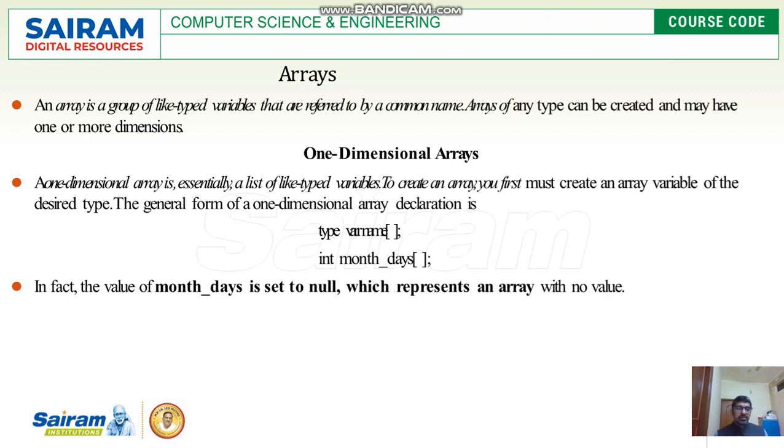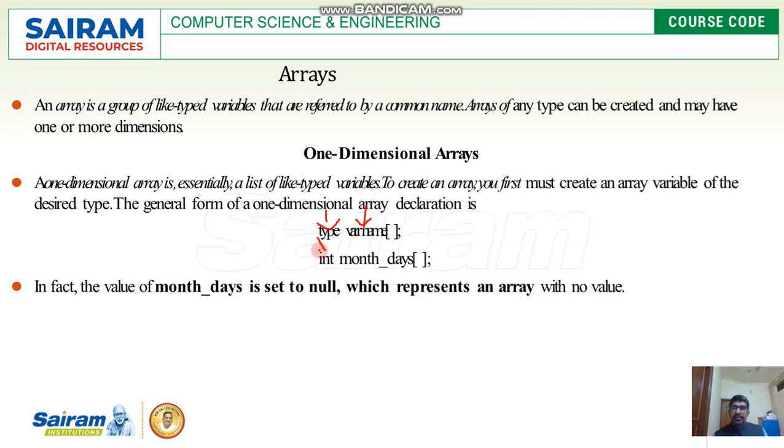So we have seen two different kinds of arrays. One is one-dimensional array, other one is two-dimensional or multi-dimensional arrays. So let us see how we can declare an array and how we can allocate space for this. Normally we use the type, then we have to give the variable name, and we have to put the square bracket and put semicolon. And when we do this, we are going to create an array.